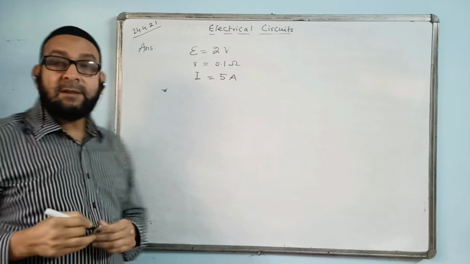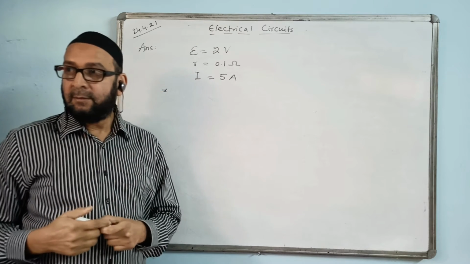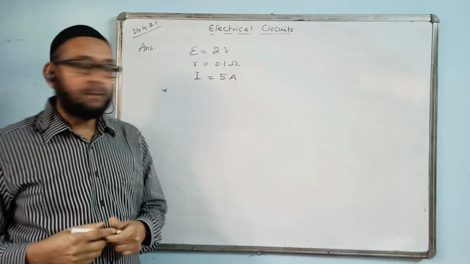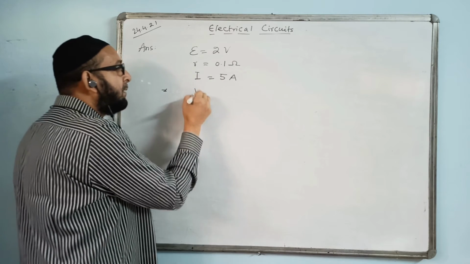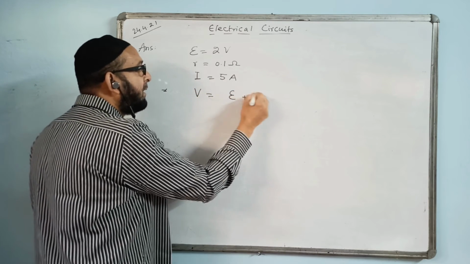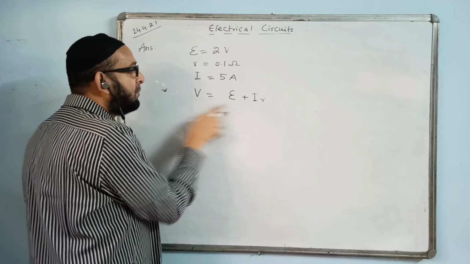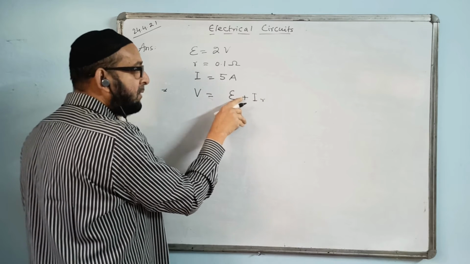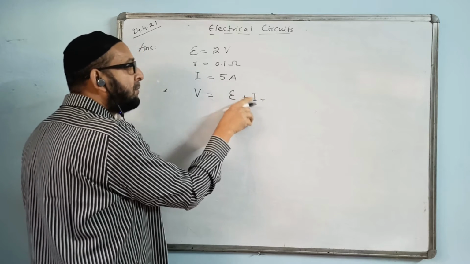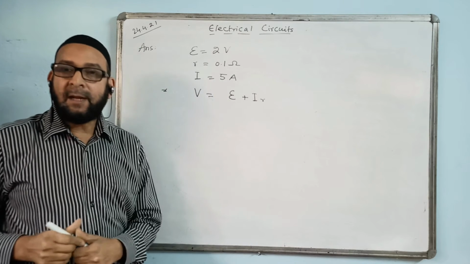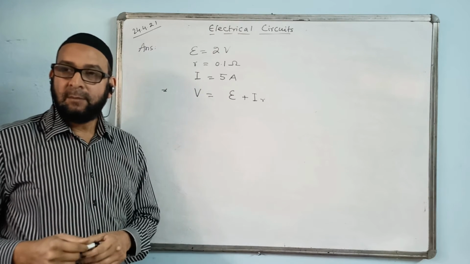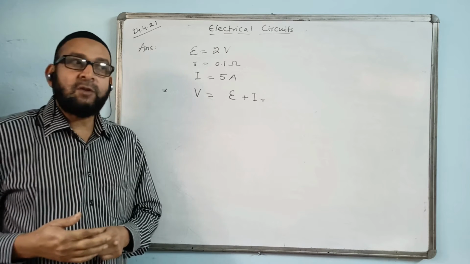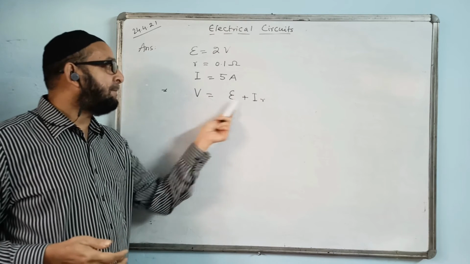But we must mind this is the case of charging the battery. Charging current is given, 5 amperes. What is the formula at the time of charging? If you remember it, V is equal to E plus IR, because that time terminal voltage is more than the EMF. Because the direction of current is reversed, the minus sign changes to plus. I had given this in the theory part also last time. This is a one-year IC question, you need to be careful. If the question talks about charging time, then V will be E plus IR.